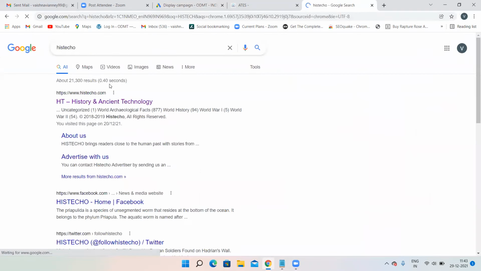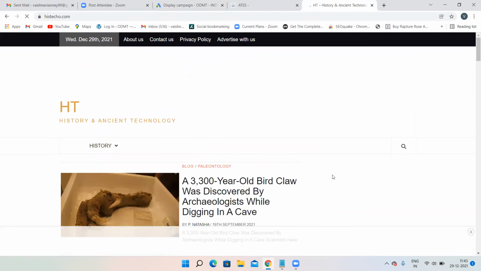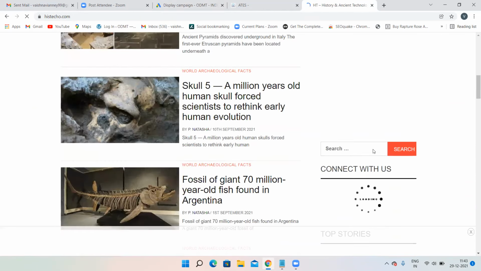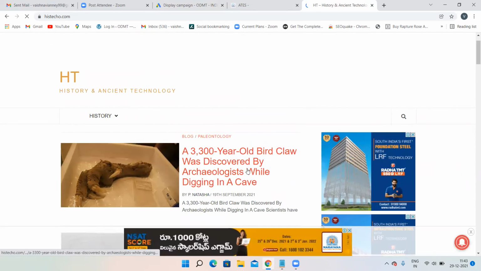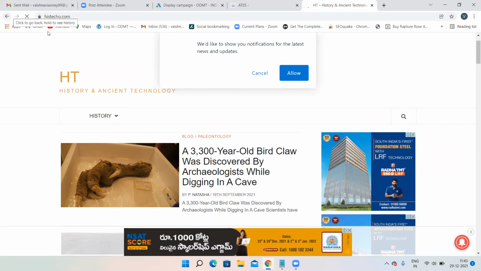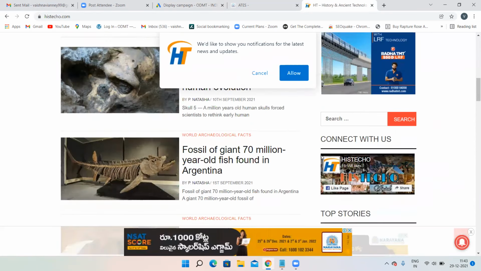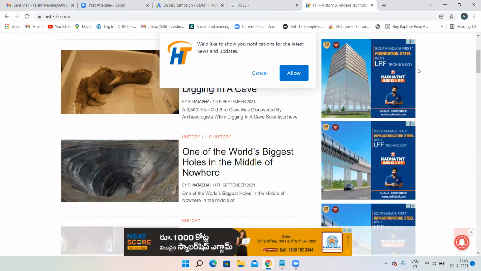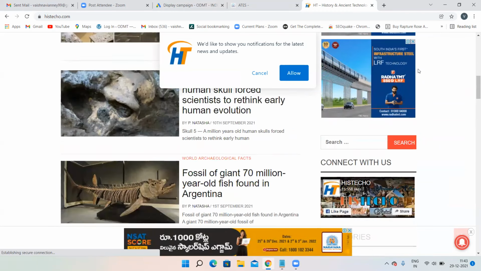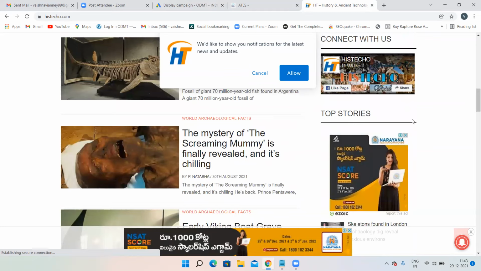this particular website. Yeah. Now assume that your advertisement is somewhere down and that particular person has not scrolled till down. That particular person has only seen up till this much and he went back. What will happen? Money will not be deducted from the advertiser who is showcasing his ad over here. Only from the advertiser whose advertisement is appearing at the top, money will be deducted. So viewable impression: if the particular user has seen your advertisement, then only money will be deducted.